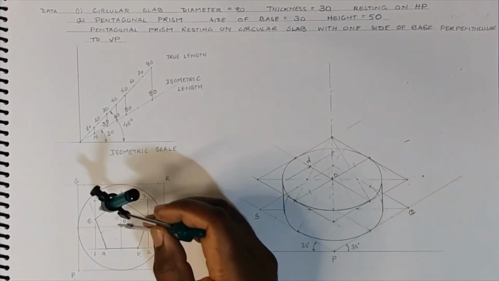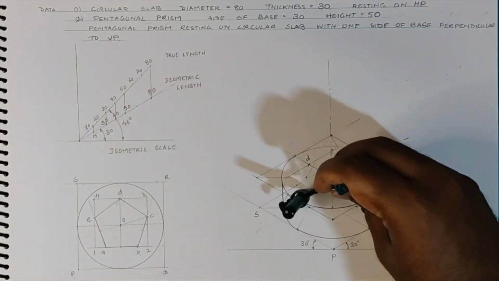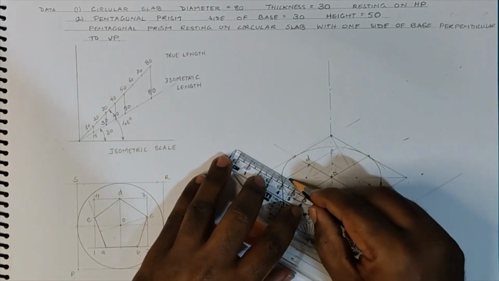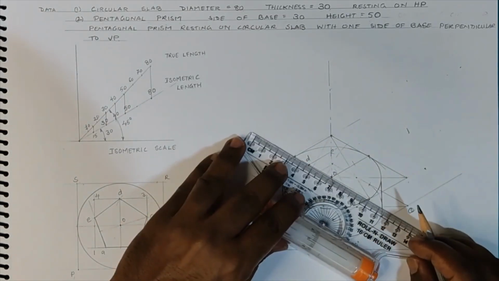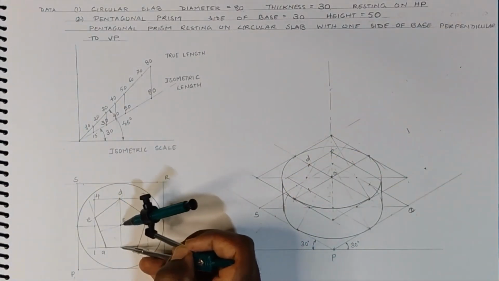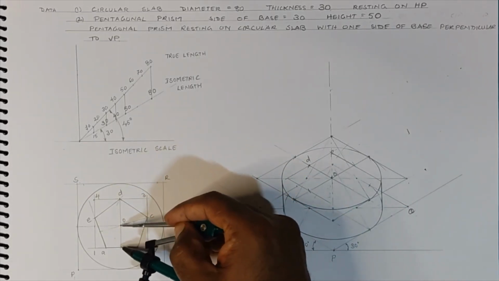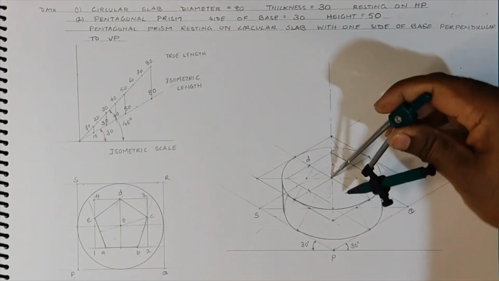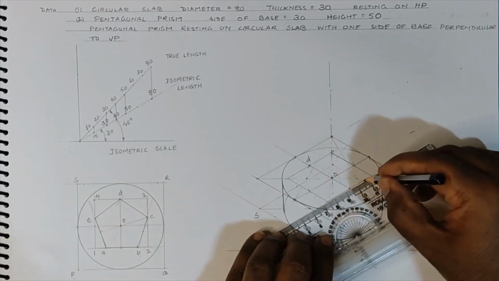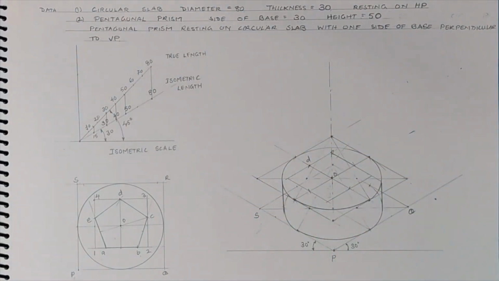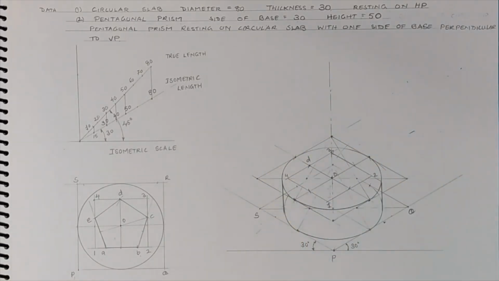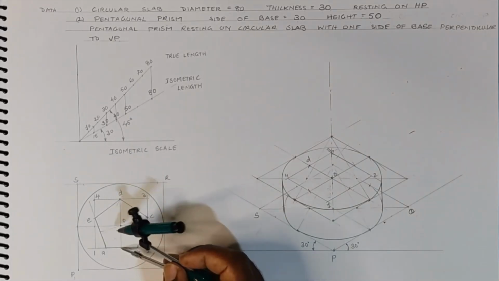So point D is located on the isometric axis perpendicular to line PQ on the base. Through this point D, I will be drawing a horizontal, and then I will find the rectangle construction using the reference figure. So I will be drawing the rectangle construction using the reference figure distances. Now I take the distance from the reference figure again to find the last side of the rectangle in isometric projection. So this completes the rectangle which encloses the pentagon in isometric projection, which I had named 1, 2, 3 and 4.